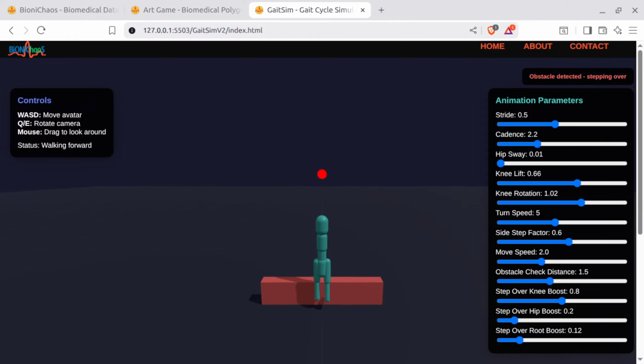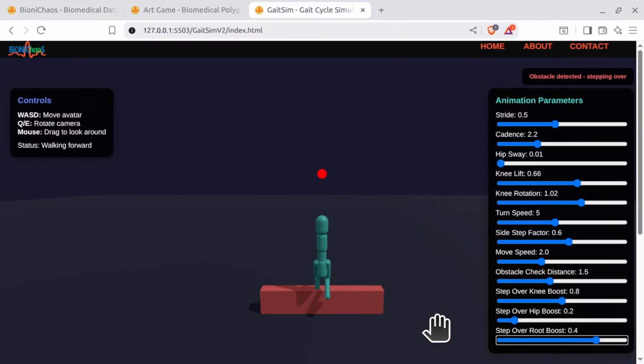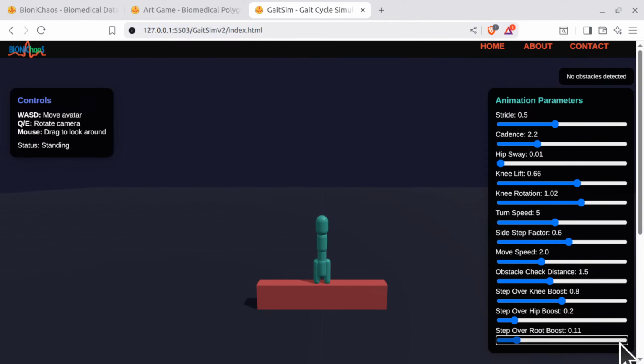Here's what's happening in your current code. The avatar can only cross the obstacle if its vertical root boost, current root boost, is high enough, specifically, greater than 70% of the obstacle's height. When the boost is set very high, e.g., 0.5, the avatar can clear the obstacle, but after